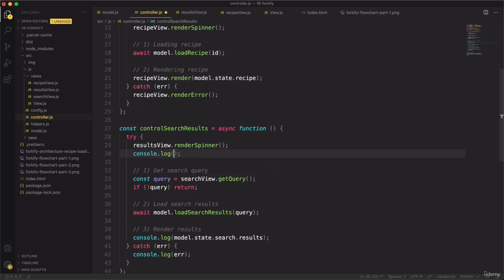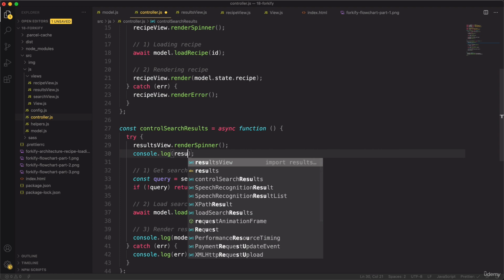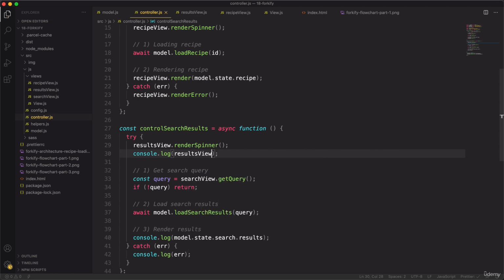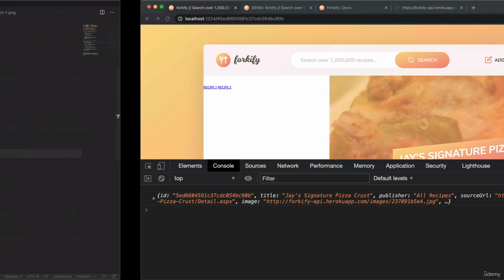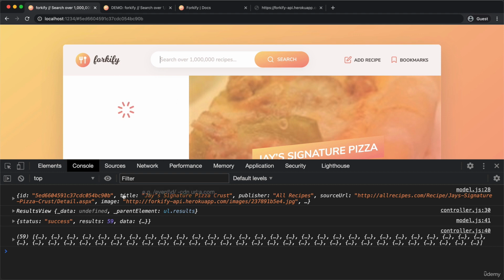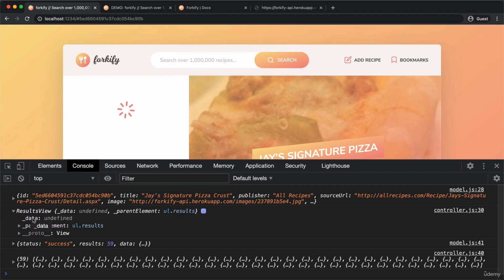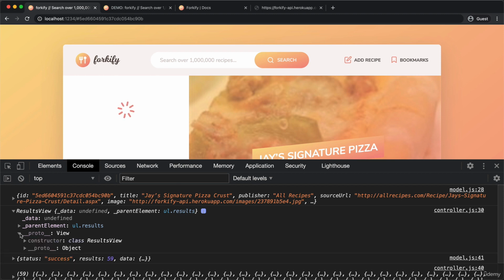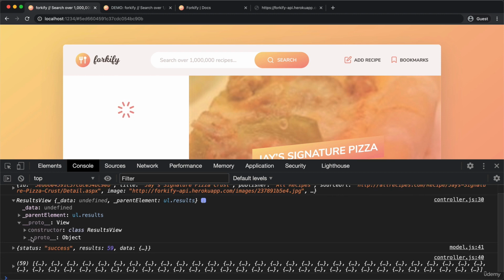And just for the sake of curiosity, let's take a look at this results view, so we can see the whole prototype chain here in the console. For that, we need that controller to run. And so here it is. You see that we still have some undefined data. Then we have the parent element, the one we selected. And then we get,